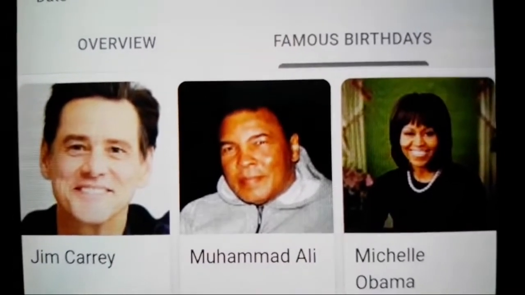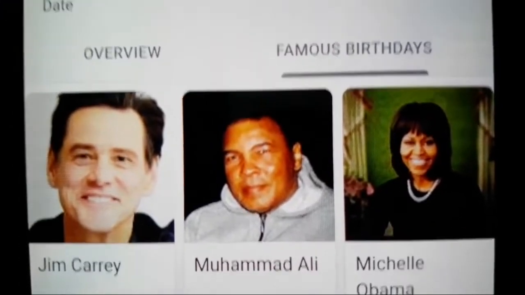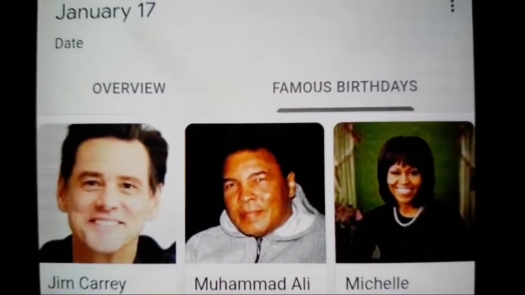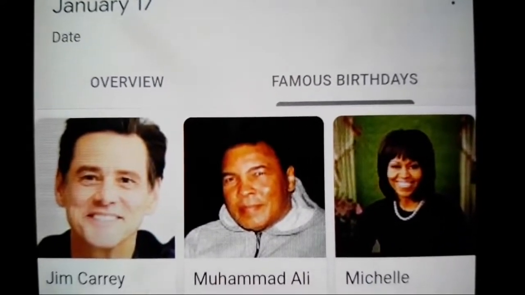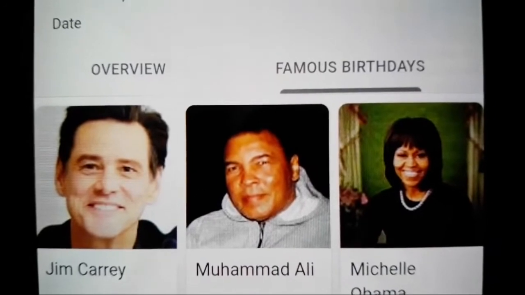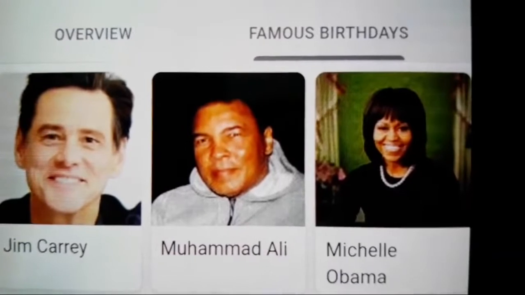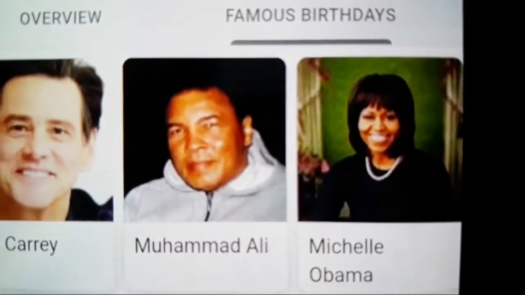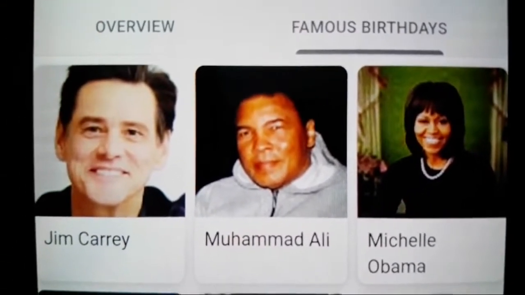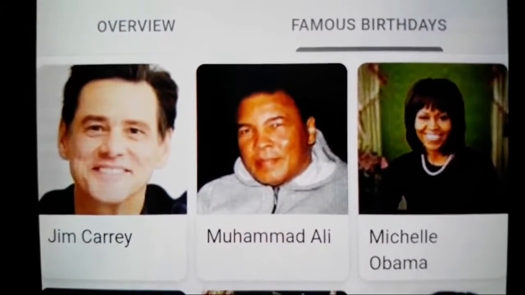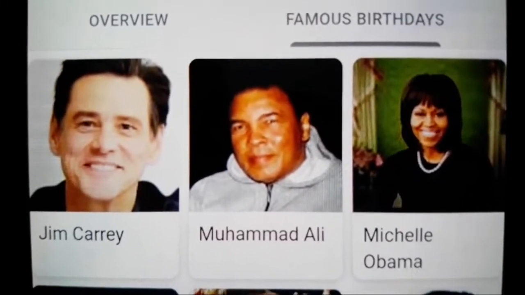And then what do you have next to Jim Carrey? You have the GOAT, Muhammad Ali. Because this is January 17th, the day that Vester Presley died, which is the backwards of Washington's death date. Muhammad Ali is the GOAT in boxing, and then you have this other GOAT next to the GOAT. It's Barack's, I don't even want to say, whatever, the creature next to Ali.